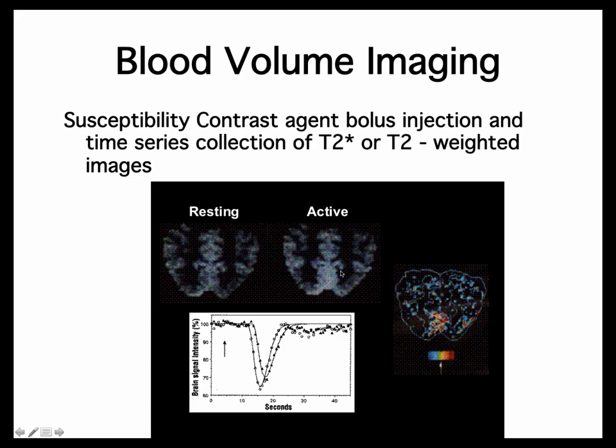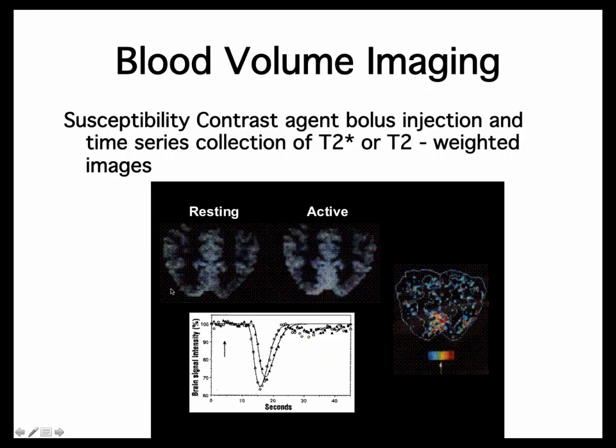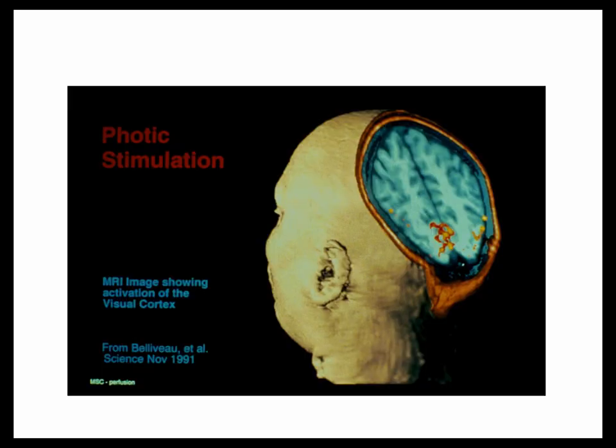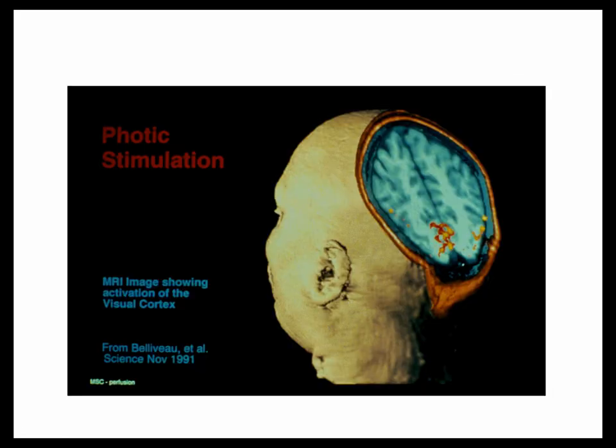To reemphasize, this technique is actually used a lot clinically just to make maps such as this. This resting state blood volume map is extremely informative for stroke and for other sorts of disorders. Not only that, looking at this longer edge of the curve, you can start to look at T1 effects, which I won't go into. But gadolinium in general is useful, not for brain activation though. This was, I think, the one and only published brain activation maps using blood volume contrast